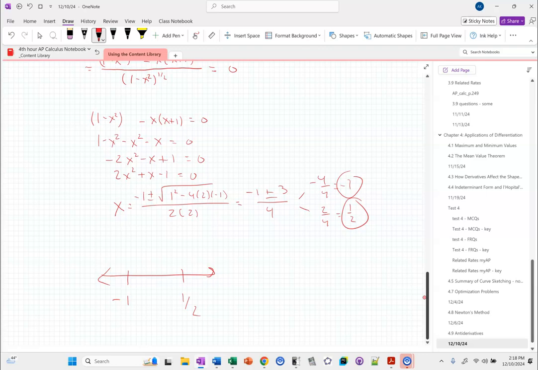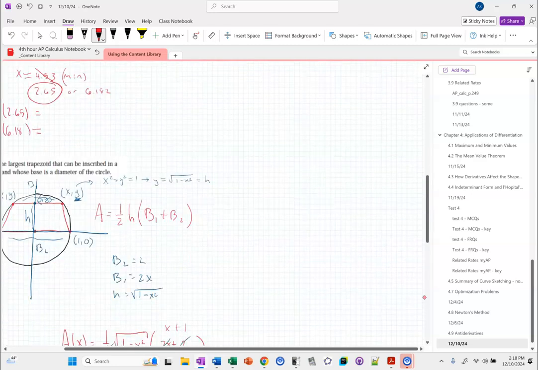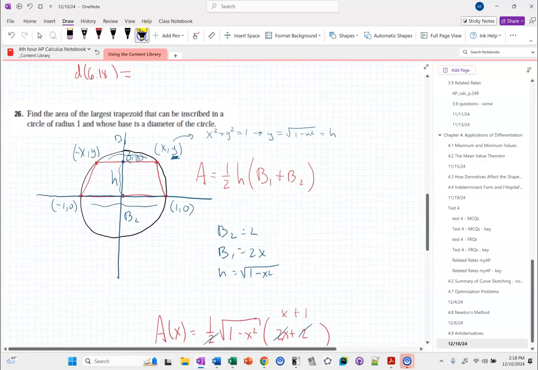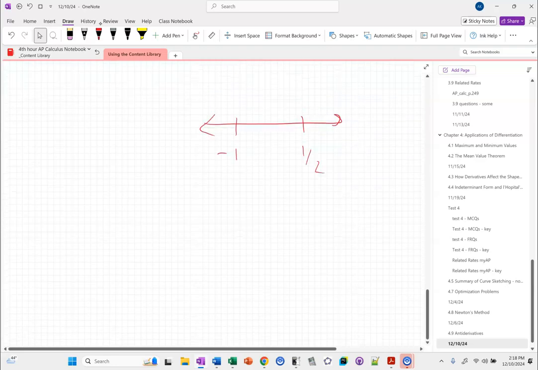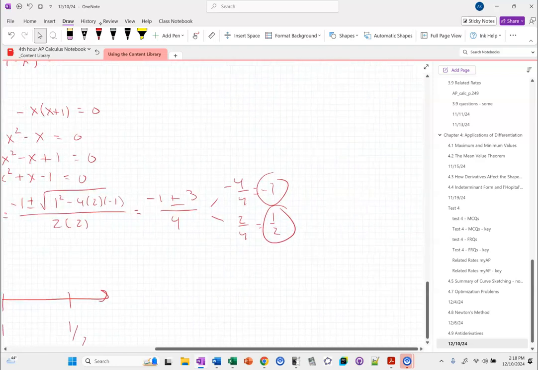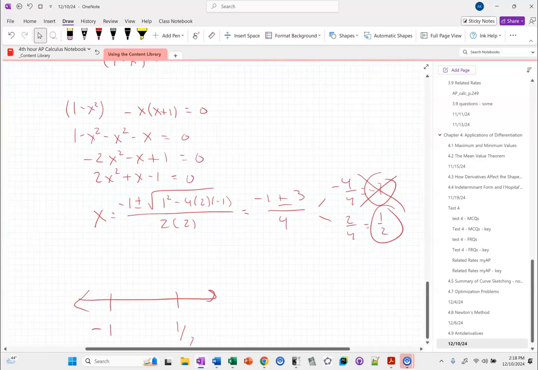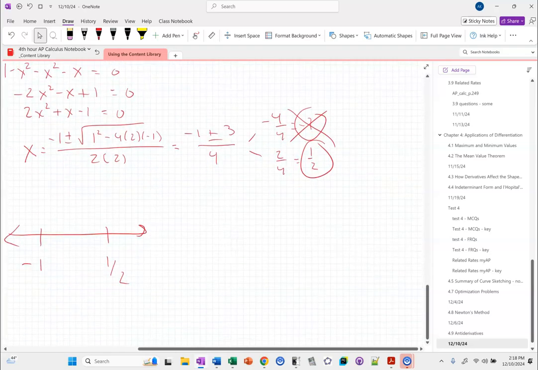Well, right away, hold on. Right away, look at our picture. Can x be -1? If it is, what do we have? It's like a straight line, right? There's no area to be had. So immediately I can just discard that one. Woo! I don't even have to check it. Common sensed it. Boom. So if I do 1/2,